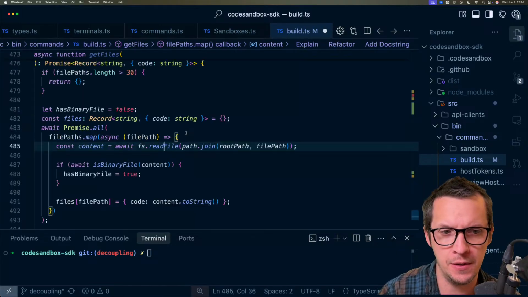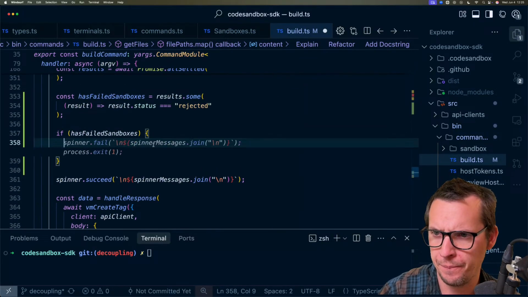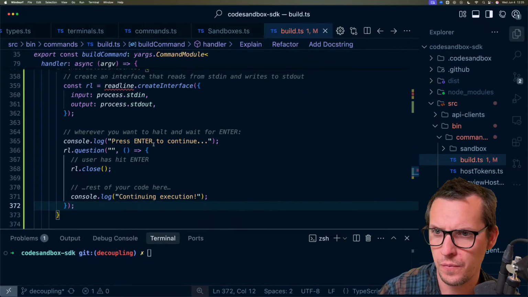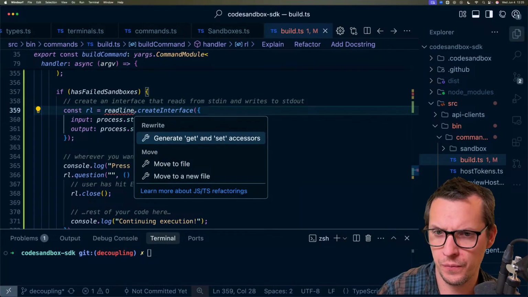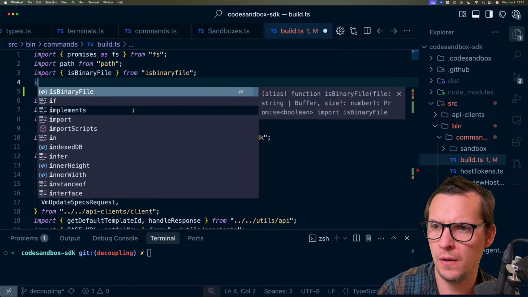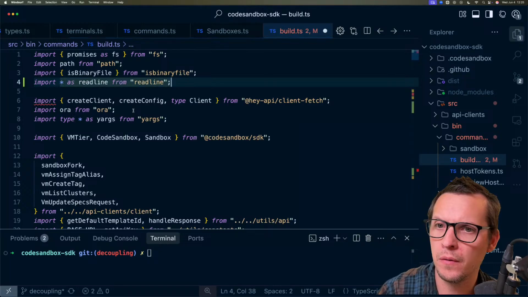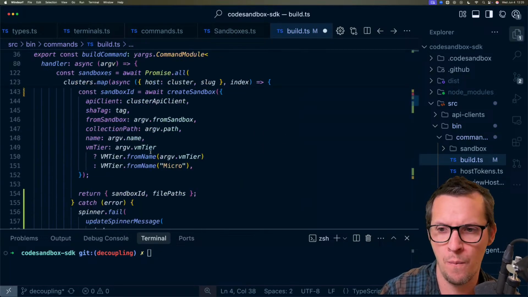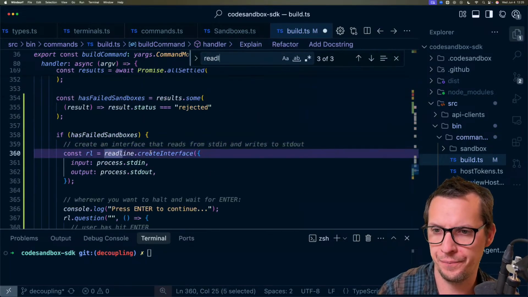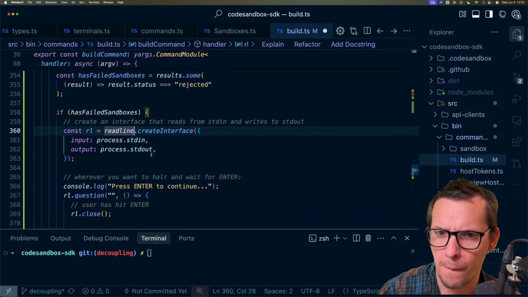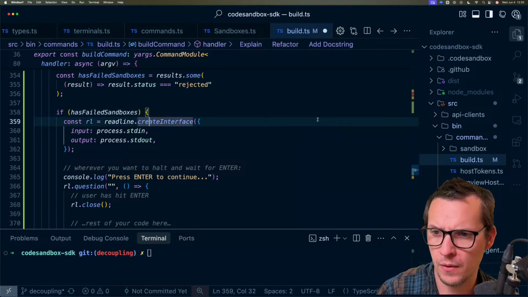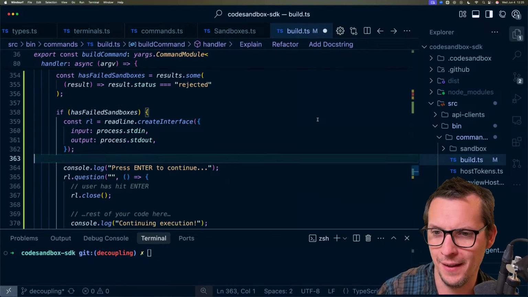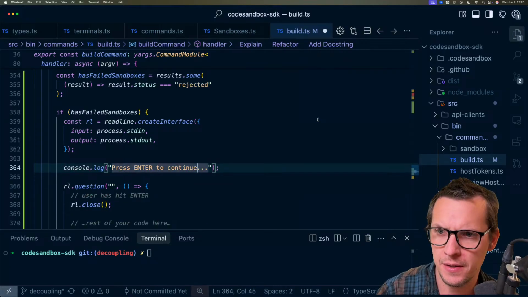No. Okay, but let's try it. Import something like that. Okay, thank you. Press